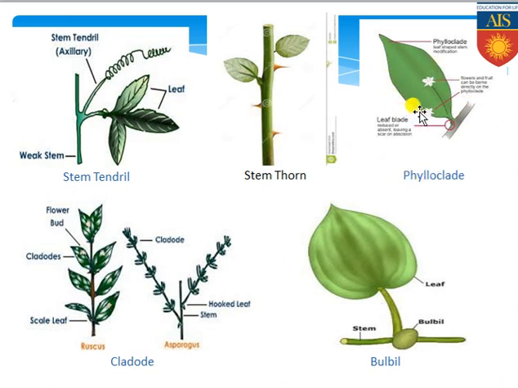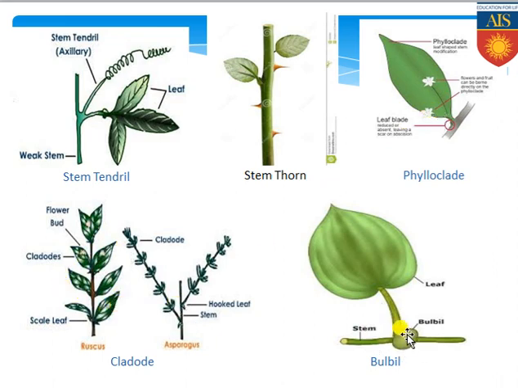This is the phylloclade, where the stem is modified into a foliar or leaf-like structure, or leaf blade, and this structure performs photosynthesis due to the presence of enough chlorophyll. And this is the cladode, which is the same as the phylloclade, where the stem is modified to form the structure of a leaf, but nodes and internodes are also clearly present along the length of the stem. So that's why this structure is just a modification of the phylloclade, and it is called cladode.